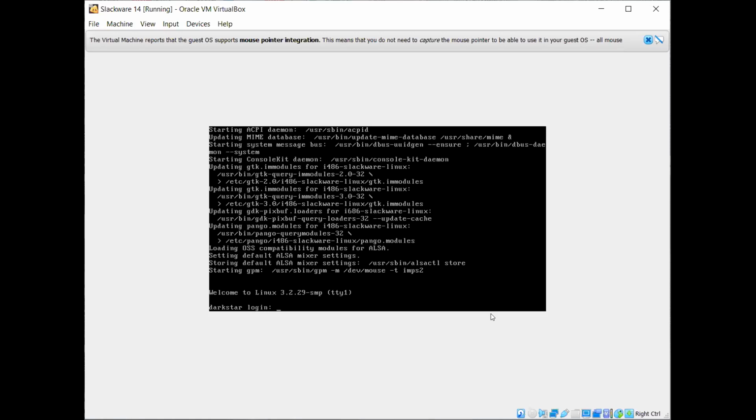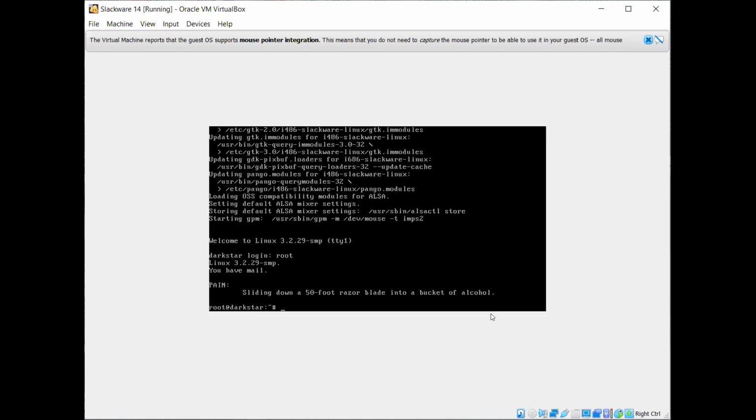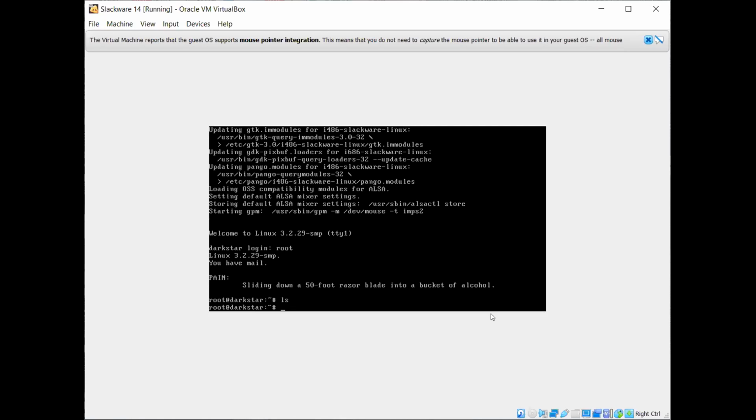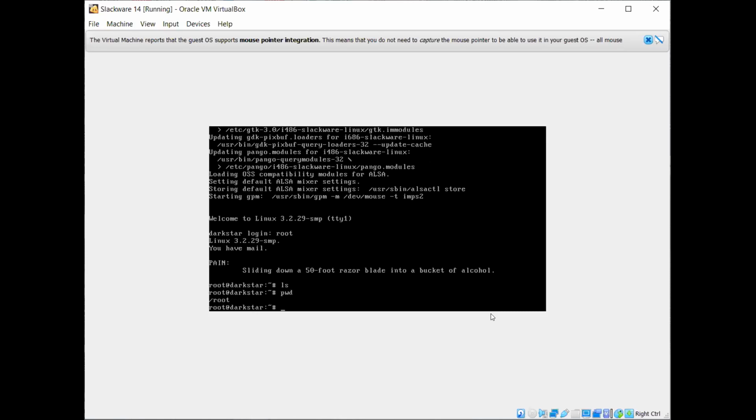Now I can log in to the distribution I have already installed. Now I am logged in. Now I am at root.